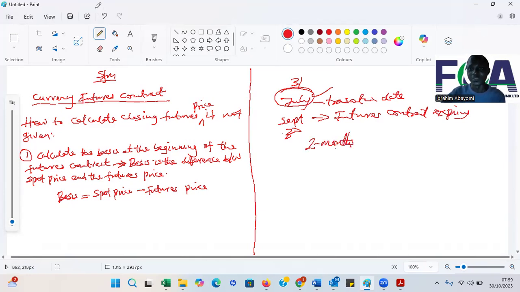We still have 2 months between your transaction date and your futures contract expiry date. Therefore, there's going to be